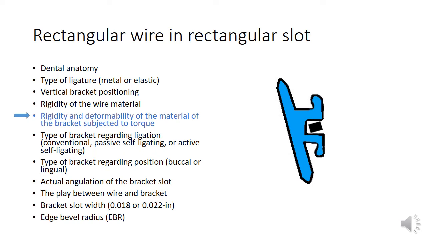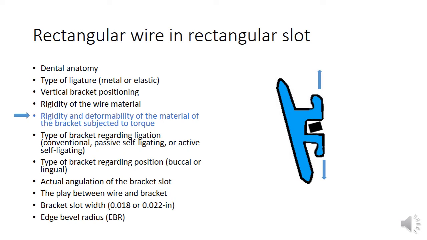That is why the wire can expand the bracket slot. In some cases, the amount of this expansion is reported to be about 0.016 millimeter,